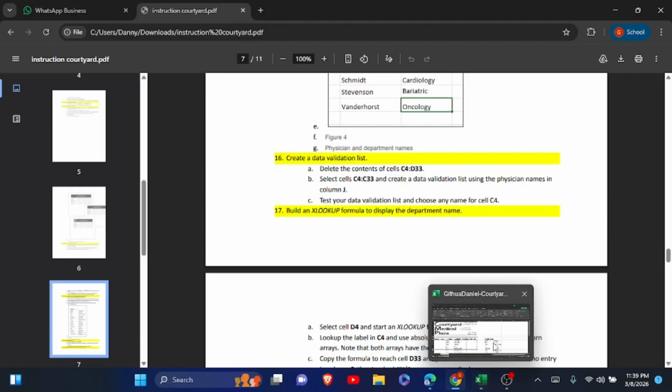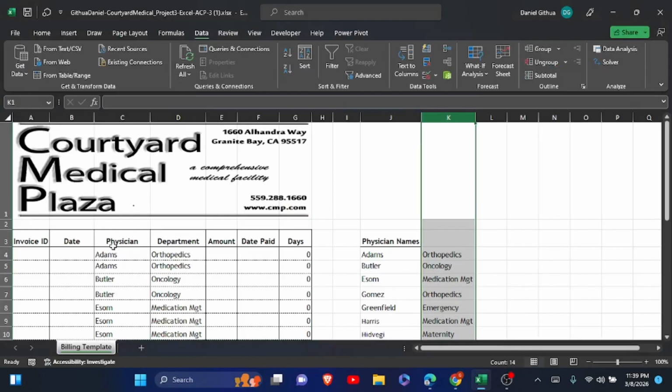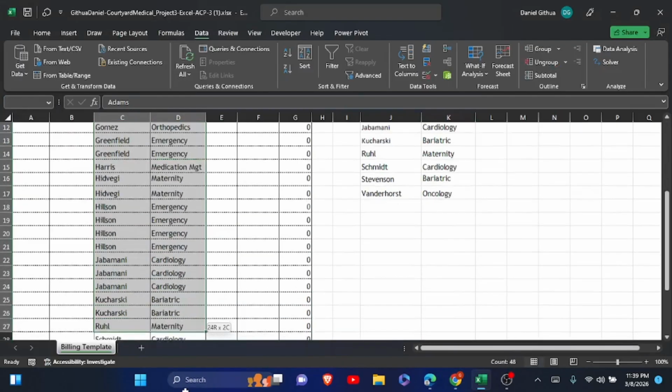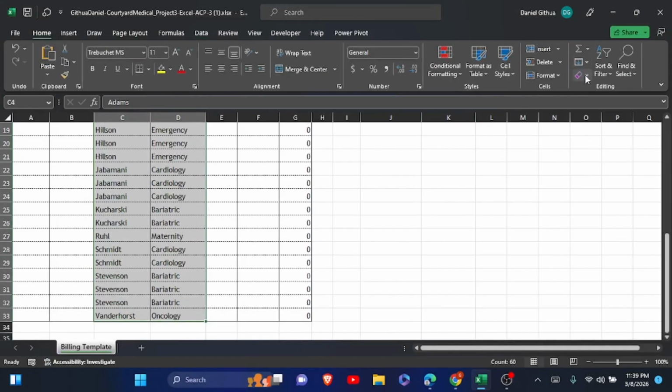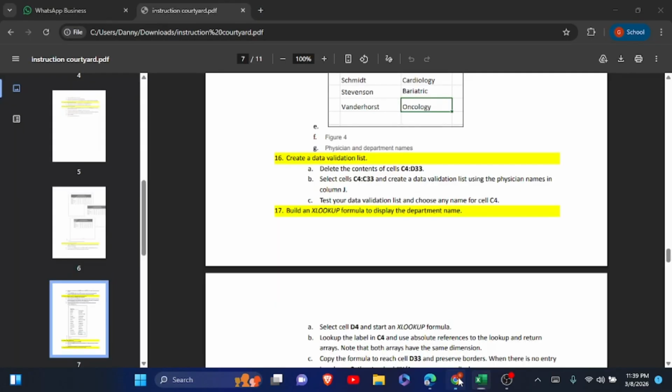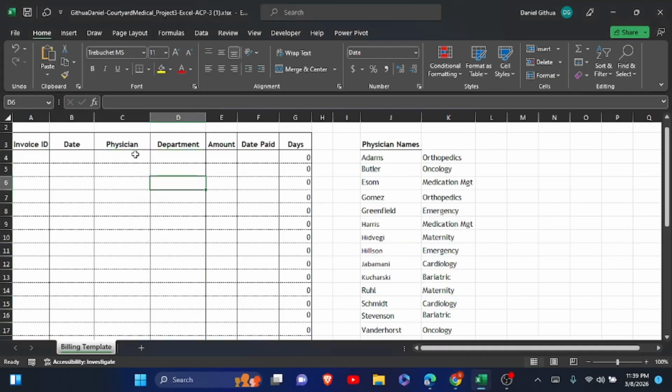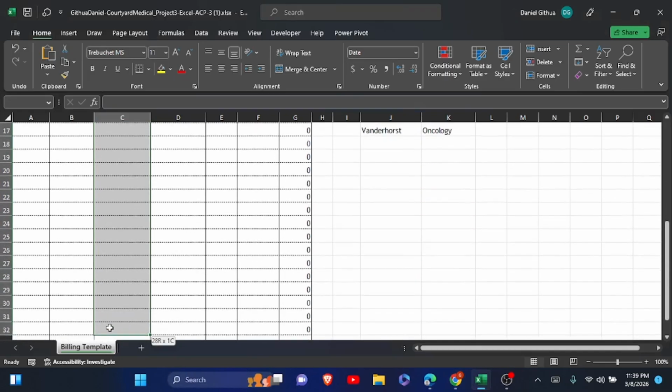So click on C4. C4 is here to D33 like that, and we're going to click on home here, and we're going to clear contents like that. And then we are going to select cell C4 to C33 and create a data validation list using the physician names in column J. So come here, click C4 to C33,